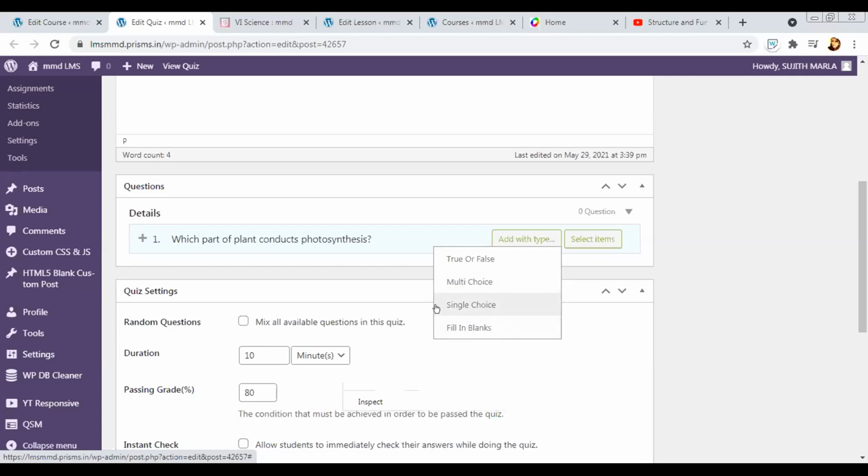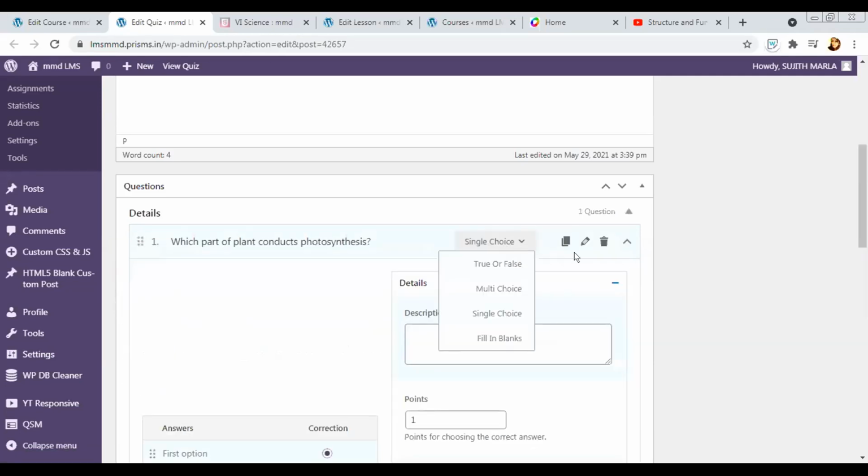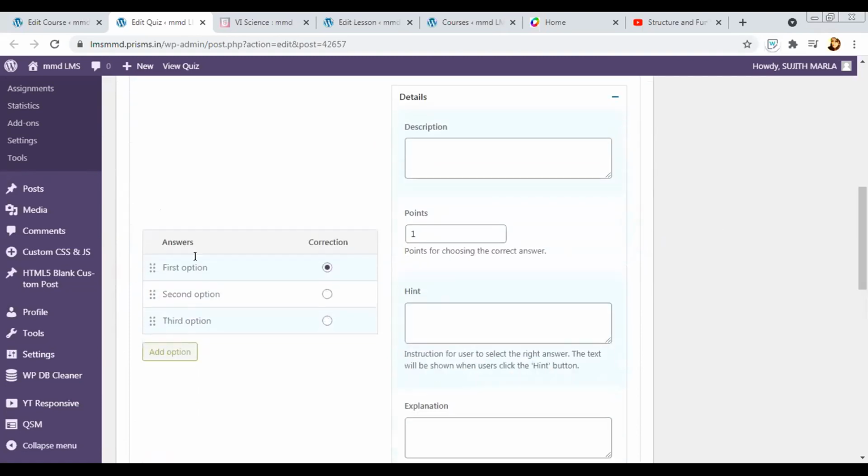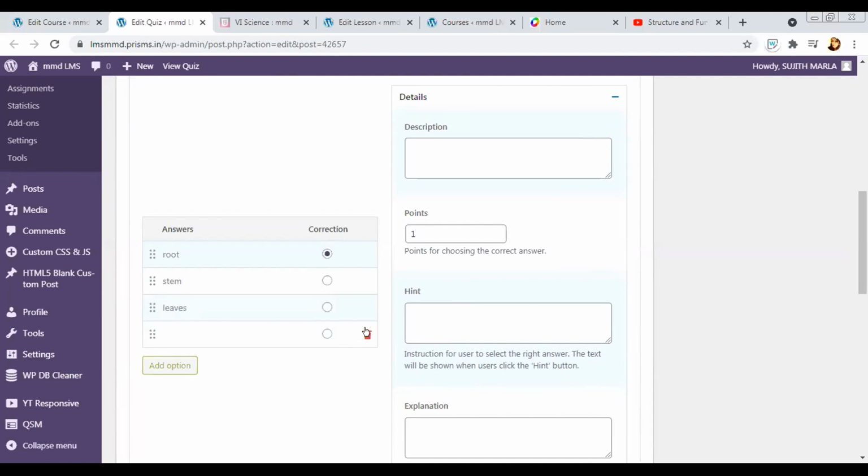So I can select the type of question I want. Now I've selected single choice. I can type my options, and I can also copy paste my options. If you want 4 options, you can add an option, or if you do not want one, you can delete it.